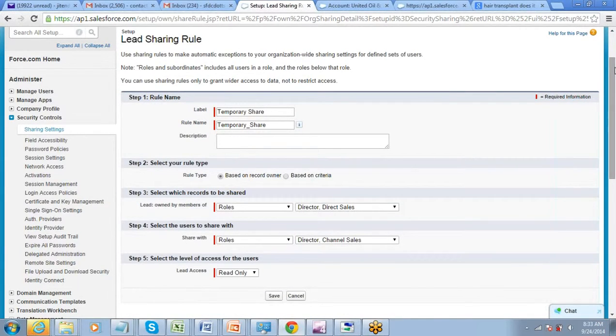So any exceptions that you need to define, if the data is private, then you can define a sharing rule and give some additional access to some users. If you just want to make data private, go to organization-wide defaults. If you just want the managers to have access to their subordinates' data, put it that way. In the grant access using hierarchies, check that box. Alright, so do we understand things now?